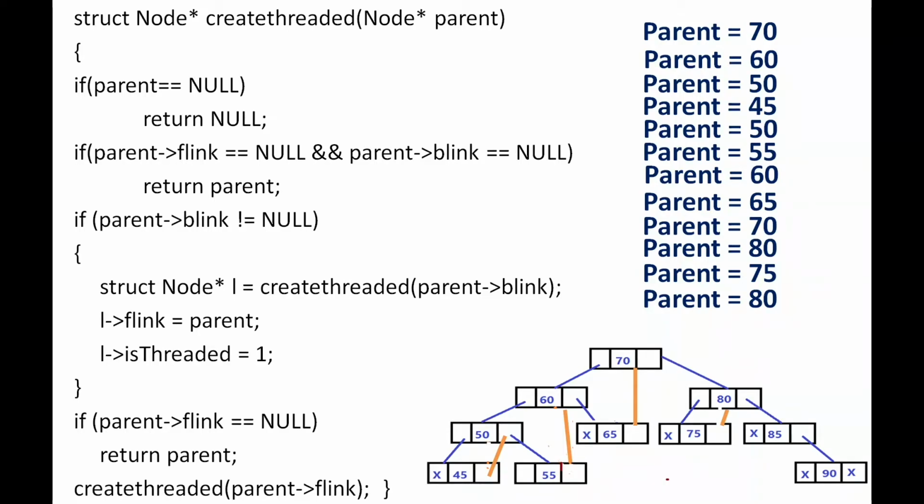So in this way it will complete the interlinking of the various nodes, so that the binary tree actually becomes a threaded binary tree. So we have just completed the logic for the conversion of a binary tree into a threaded binary tree. Now what is left is implementing the in-order tree traversal on this particular tree.